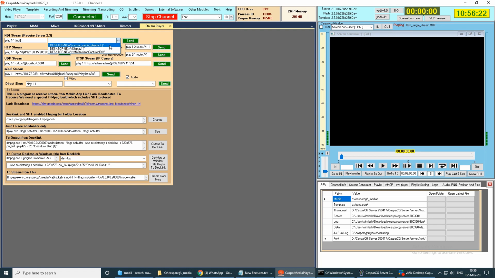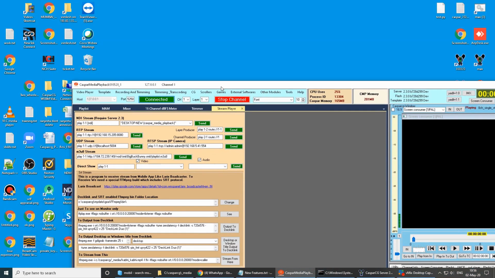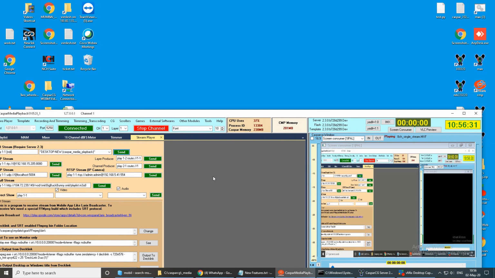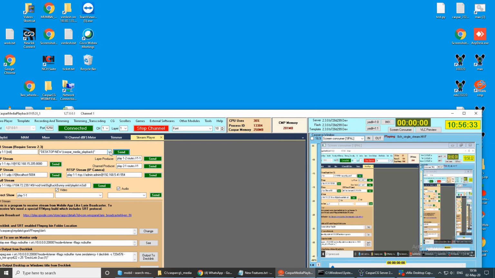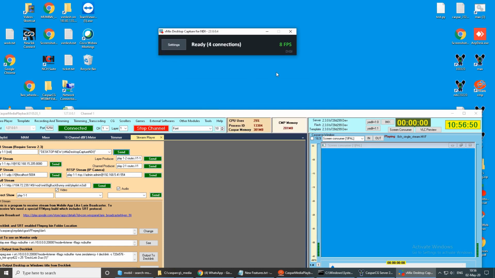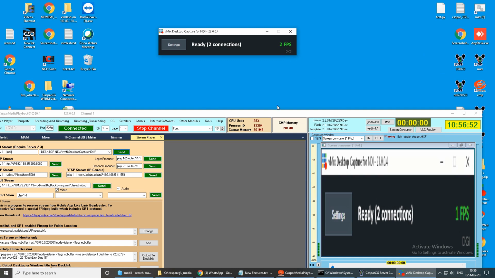So only Casper Media Playback itself can come in. We can list all the sources here, and desktop one, display one. You can show your display in the Casper CG, and vMix NDI input. That is this screen like this.